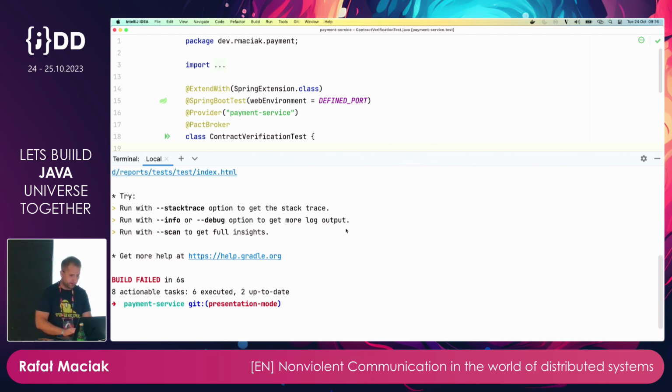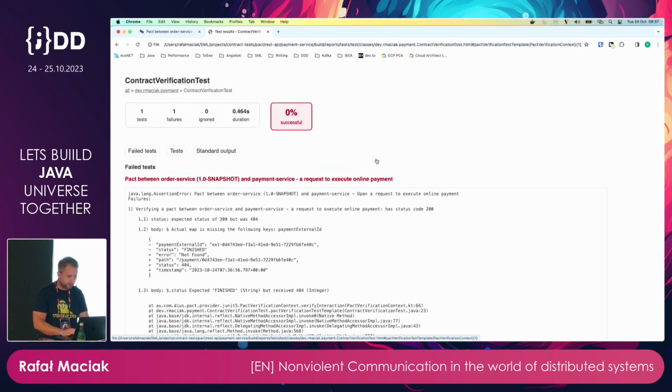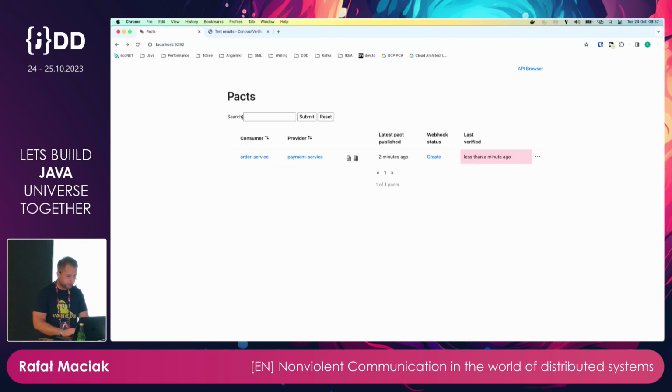Okay, it's a failure. Let's see. Pact between order service and payment service, a request to execute online payment, it failed. Yes, expected status should be 200, but was 404. The failure. Okay, so if we go to the Pact Broker,